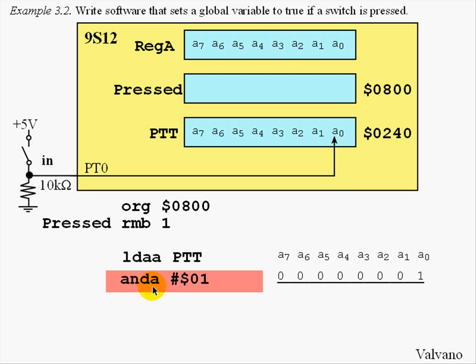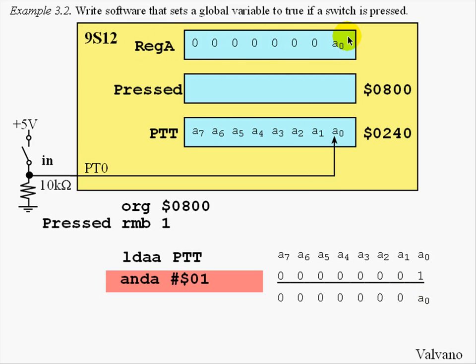In software, we use the AND instruction to AND. When we have the pound sign, that means we're going to AND with a constant value. In this case, $01, shown in binary as 00000001. Notice we place the 1 in the position where we want to select or mask the bits of interest. And when we AND register A with the constant $01, what we're left with is all zeros except the bit